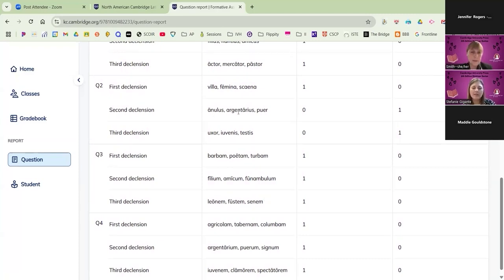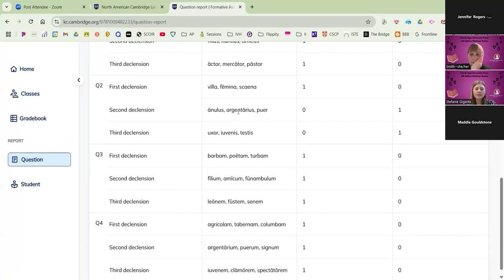Yeah, so I mean, this gives you a lot of ideas too. It's a quick activity that you could do as a closure, for example. So maybe in the class period in which you introduce what a declension is, you assign this to students as an exit ticket or something like that.